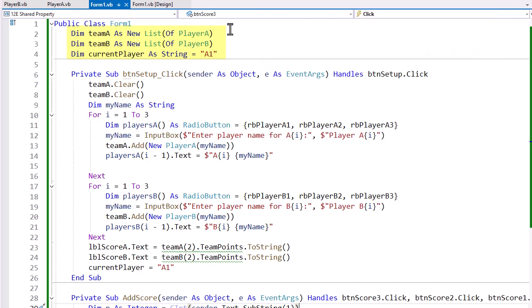That current player is going to keep track of which radio button is clicked so that I add the points to the correct player when I click those 3 point buttons at the bottom. My setup is I'm going to clear Team A and B, and then I'm going to dim my name as string and then go through a loop 1 to 3 and ask the player to enter the names of those 3 different players on side A and add those players as instances to the Team A list, instances of player A,